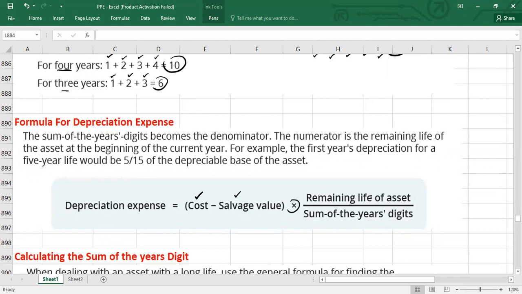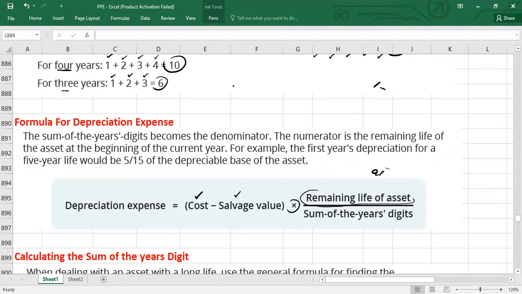You will multiply the depreciable base by the remaining life of the asset at the start of the period. For example, if you are in the first year, at the end of the first year you will calculate the depreciation. But when you use the remaining life of the asset, this life you should count